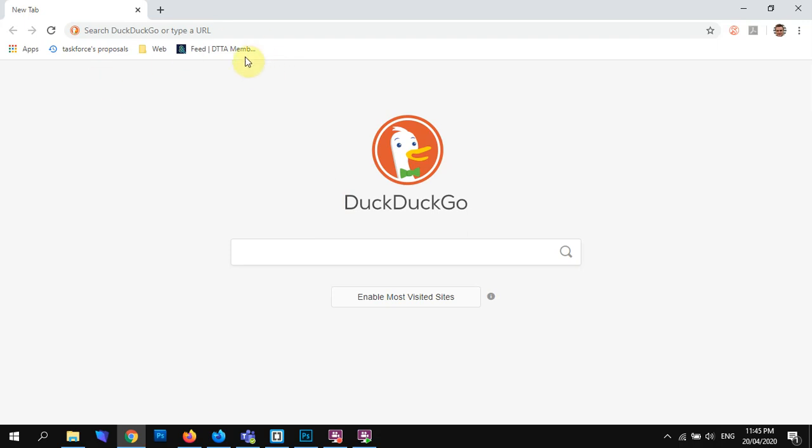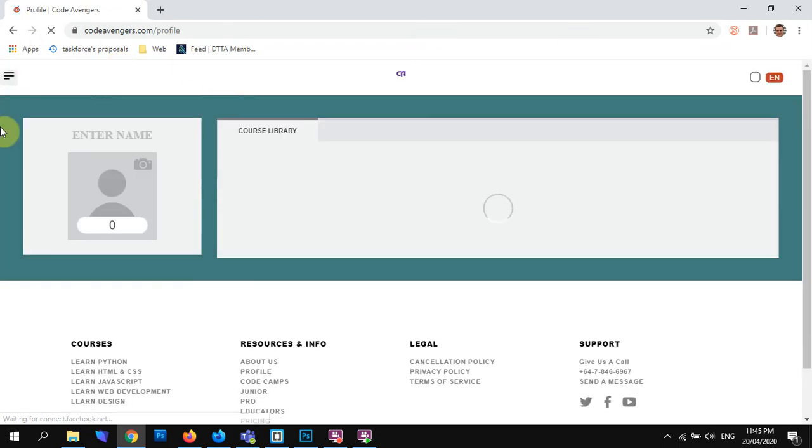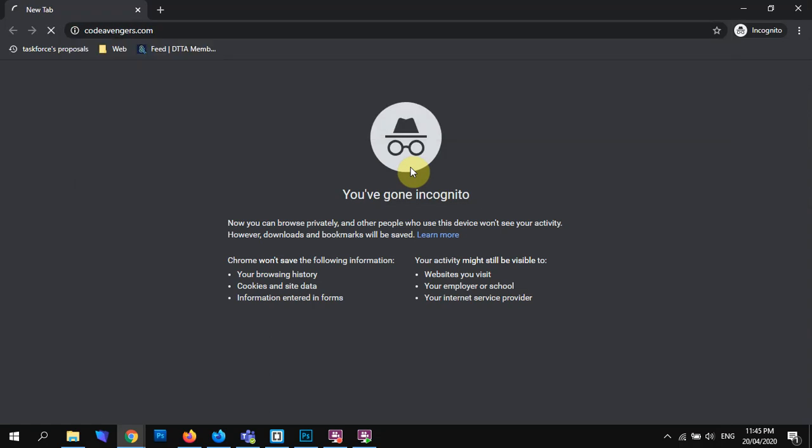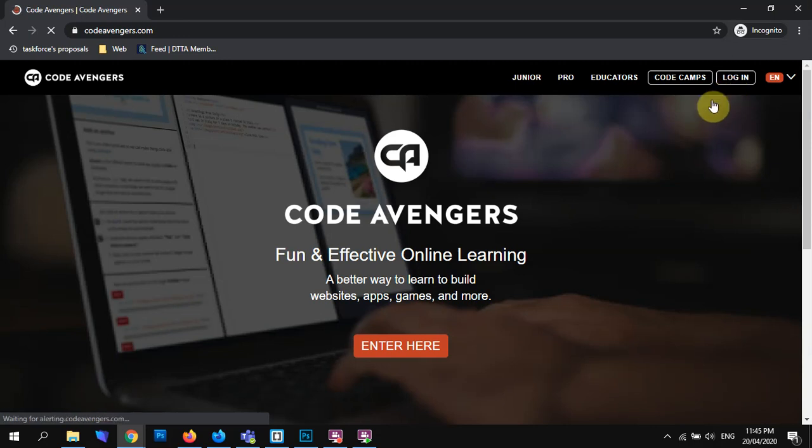So we're going to get into what we are doing with CodeAvengers. So we're going to look up CodeAvengers. Now mine automatically logs in, so I'll just very quickly look up CodeAvengers in incognito, where it won't log in since incognito won't cache any of my memory. So when we go to login,